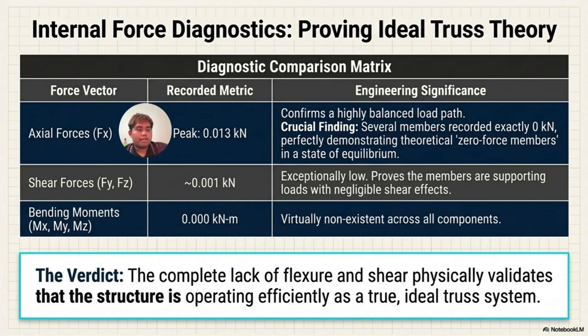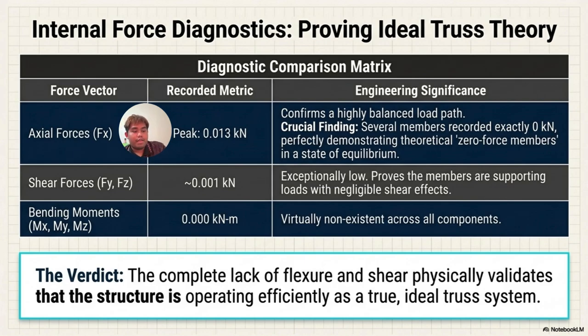Okay, for the internal force diagnostic proving ideal truss theory, we're going to differentiate between three parts: force vector, recorded metric, and engineering significance. First is Fx, known as axial force, whose recorded metric is a peak of 0.013 kilonewton, which is highly balanced on the low side. The crucial finding is that it records exactly 0 kN,